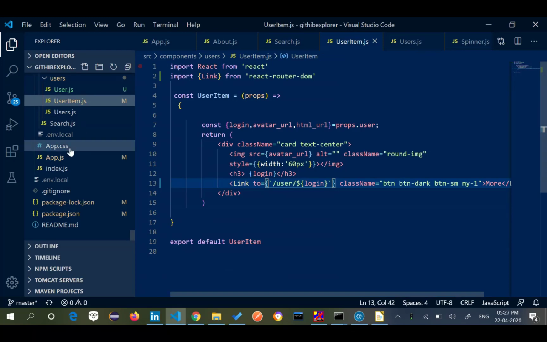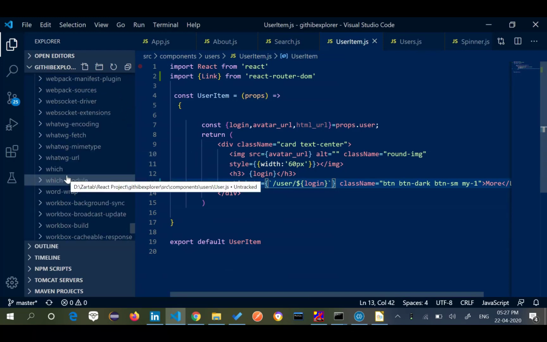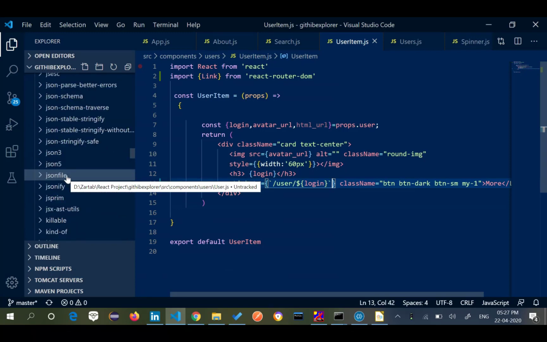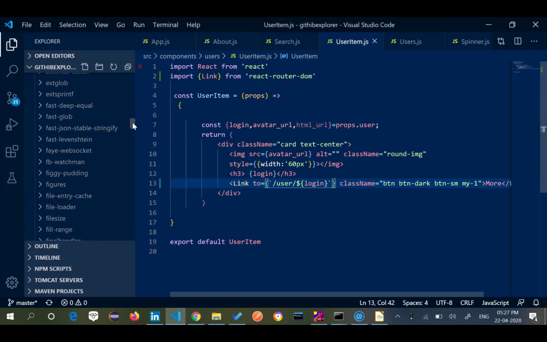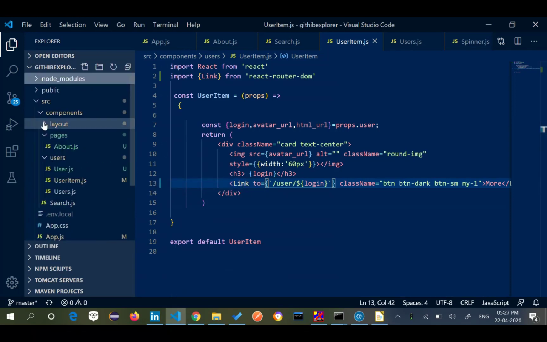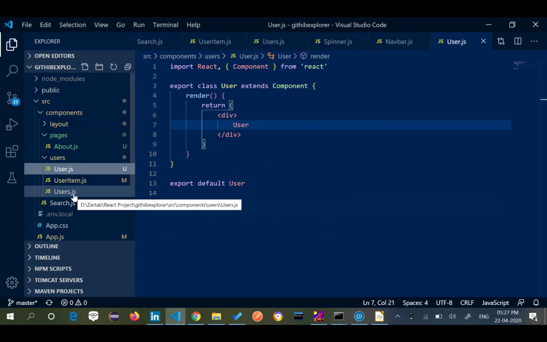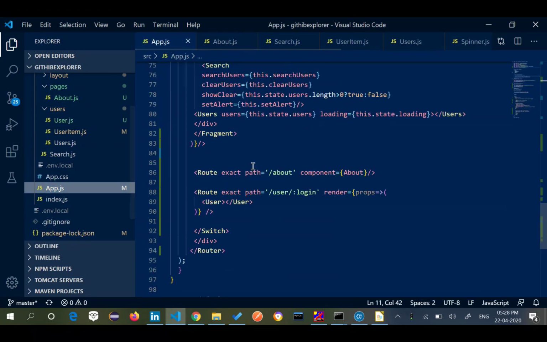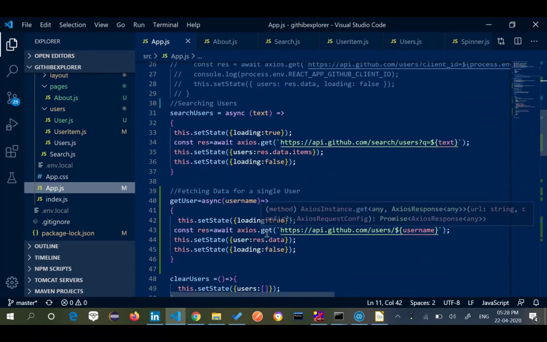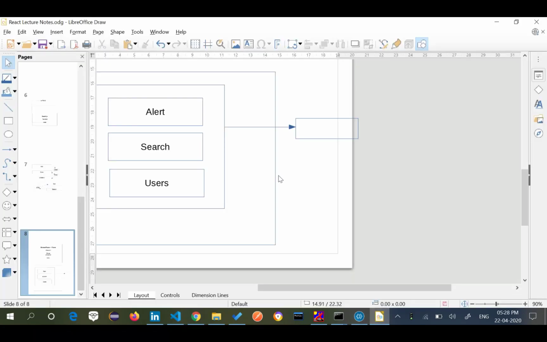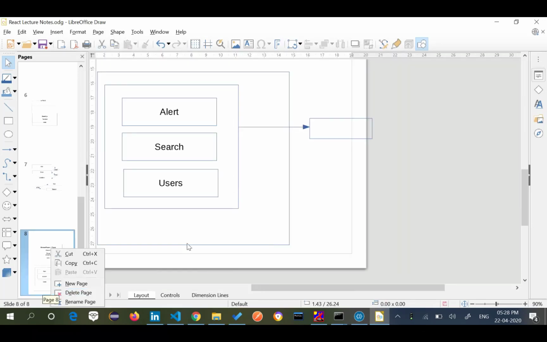So we created what? A user.js. We have created user.js, and inside that user.js there is nothing. Then I did what? In my app.js I called the method. In my app.js I actually went ahead and fetched the data for a single user, and that data, if you see the flow how this is happening, see here.